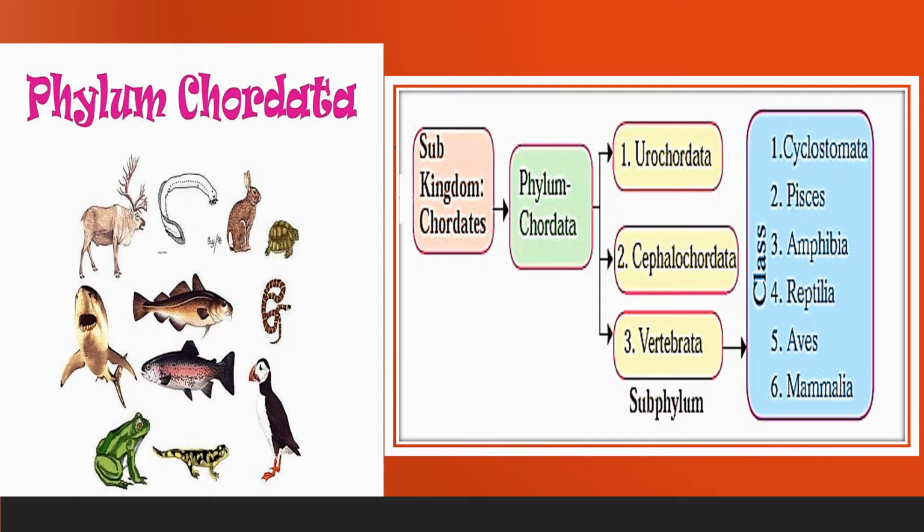And in subphylum Vertebrata, these animals have a true vertebral column and internal skeleton, allowing a completely different distribution of muscle attachment points to be used for movement. Now further, let us understand in detail about the three subphylums of phylum Chordata.